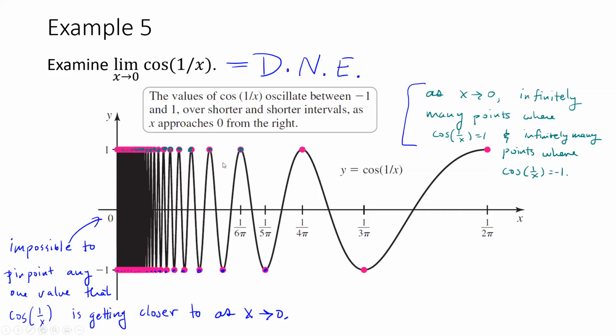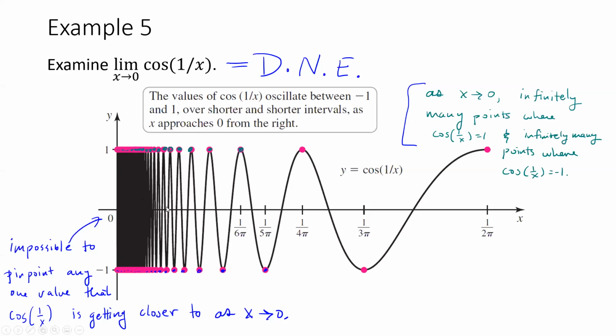Do you guys have questions about this example? This is kind of a tricky one to wrap your head around. Is it because there are so many points that it'd be hard to pinpoint one? Kind of, yeah. So it's mostly because of the way this function works,